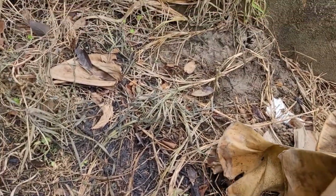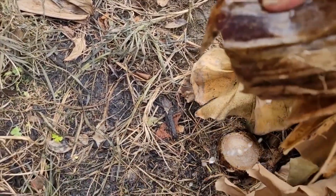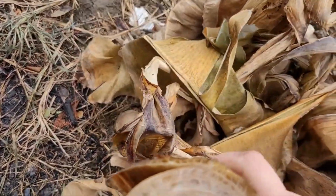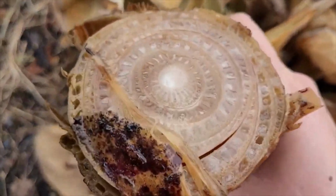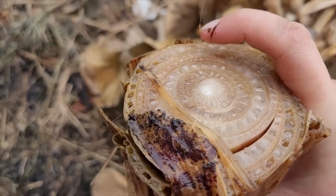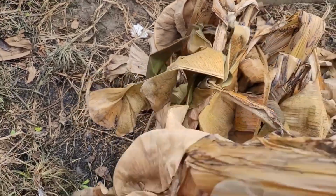And look, here's another. Just the amount of water in these is just draining. It's insane. You can see where all the cell walls have just busted open and they're just mush. And that's not usually the case. Now, what you're seeing is actually the potential leaves that come out of here. The true